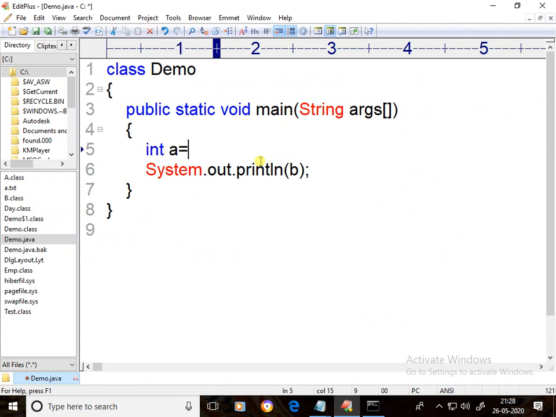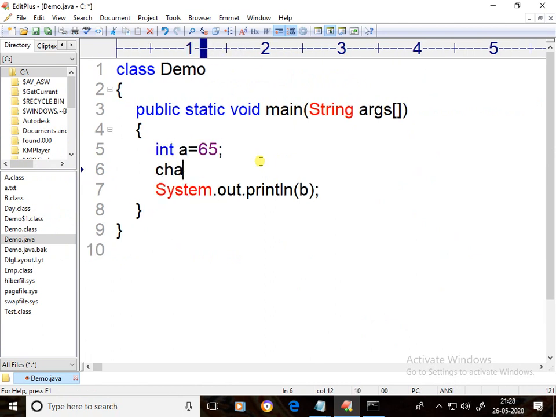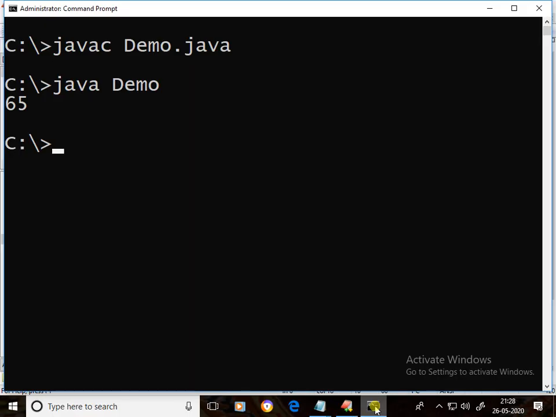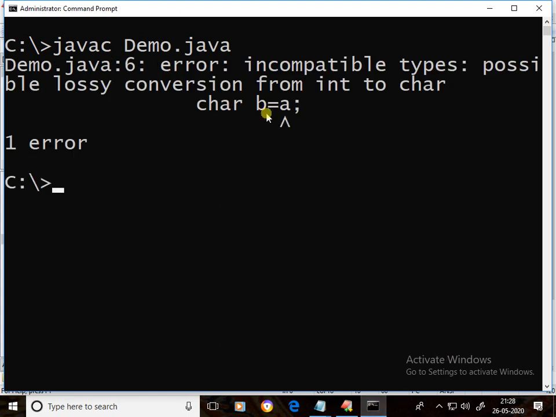Integer a equal to 65, character b equal to a. File, save. Compilation error. See, incompatible types. This error we can solve.